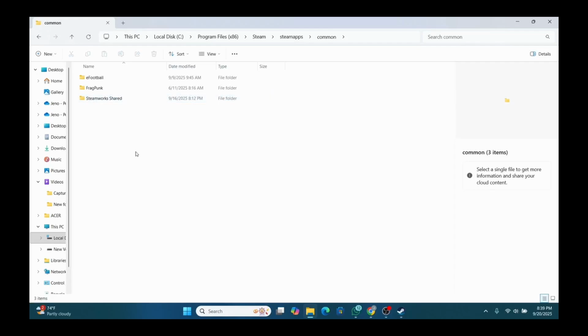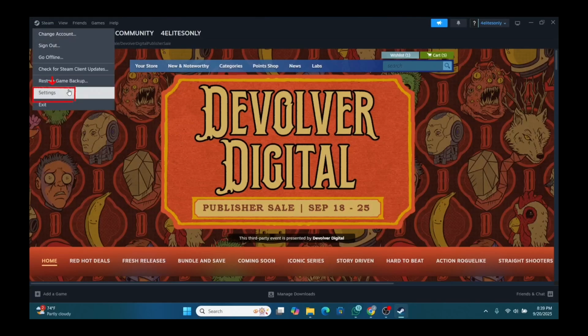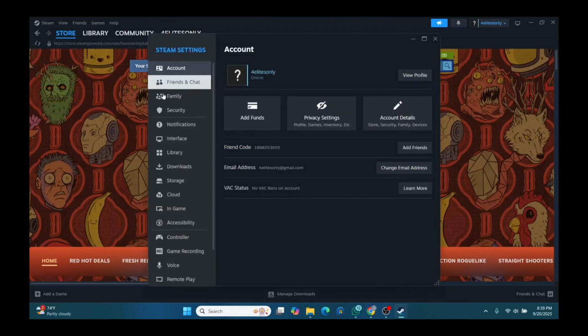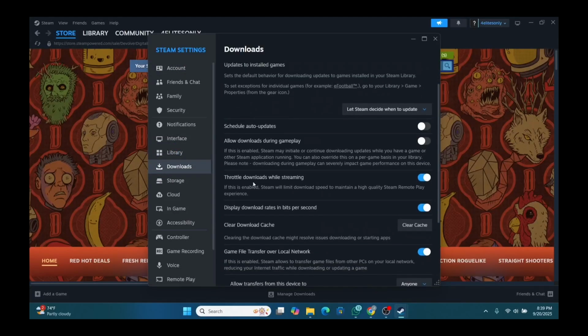Now, what you need to do is, once you locate your backup or your existing game folder, you can add the game folder to Steam. So you can head over and open up Steam for that. And once you open up your Steam, look out for the Steam icon in the top left, click on it, and from there, go to Settings. Now from Settings, you need to go to the Downloads option right here. And from Downloads, you need to look out for Steam Library Folders